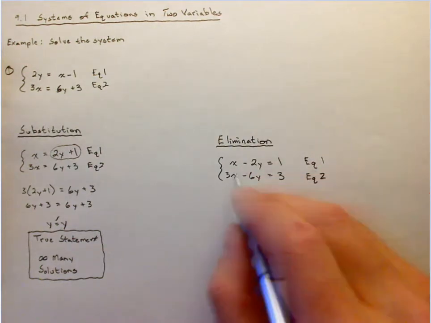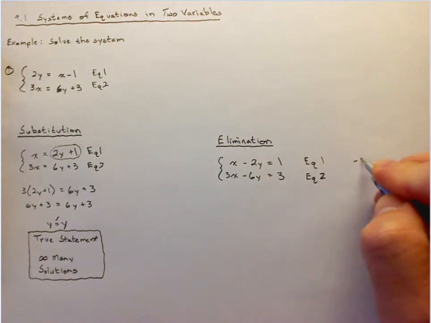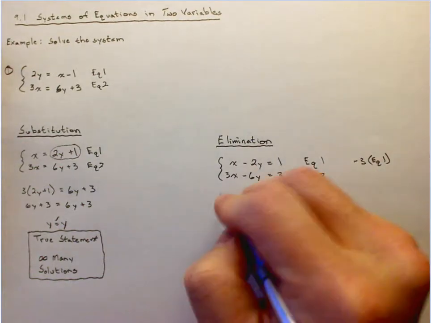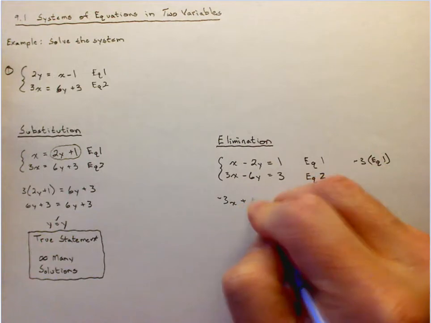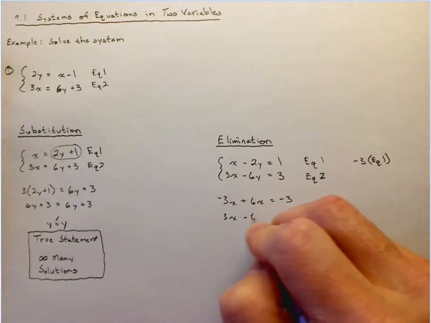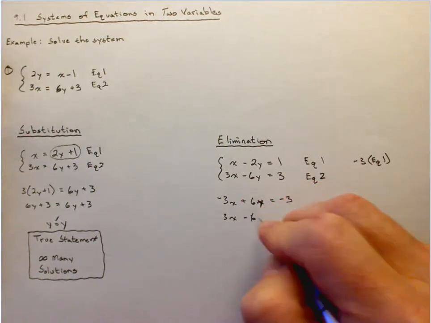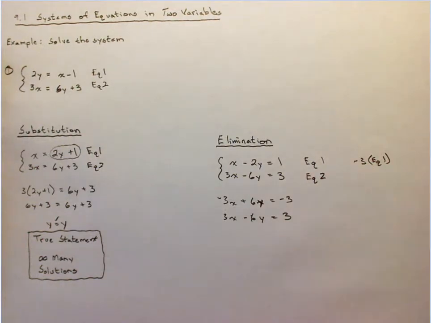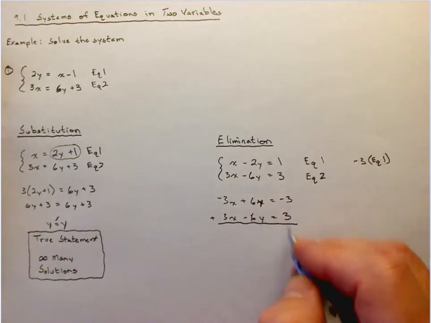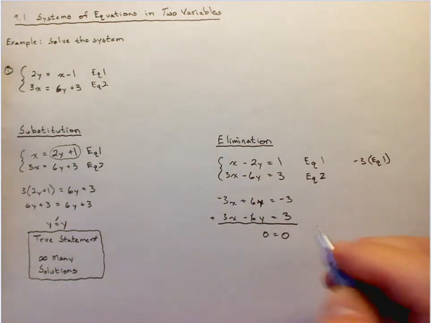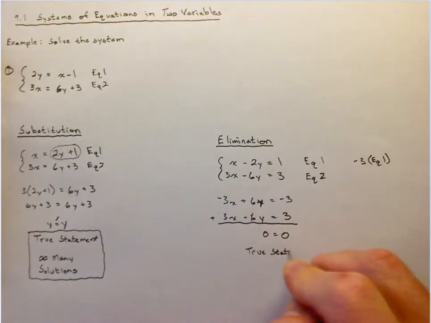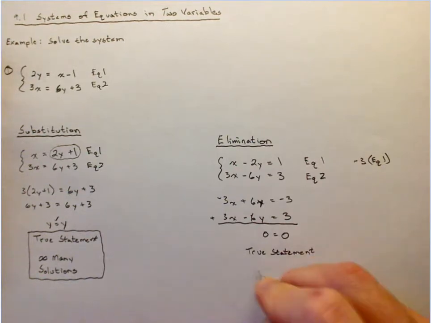So how I'm going to work it is I'm going to take equation 1 and multiply it by -3. So -3 times equation 1. I end up with -3x plus 6y equals -3. And here's equation 2. Whoops, I wrote an x up there. Whenever I add these together, those cancel out, those cancel out, those cancel out. I'm left with 0 equals 0. Again, true statement. And I have infinitely